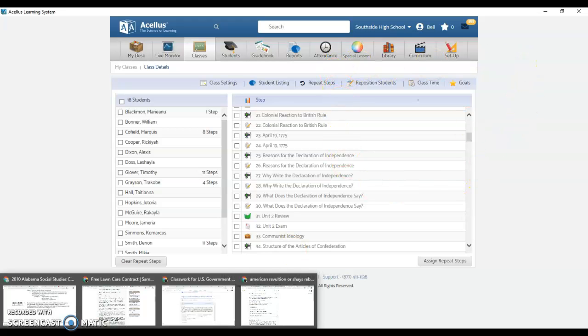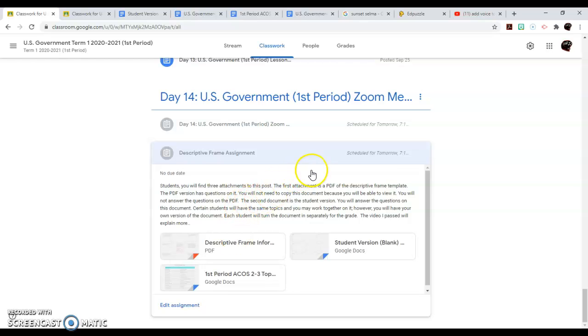And you will also see in Google Classroom that the assignment for the descriptive frames also have points assigned to them. There is no makeup work when I am not here. If you are absent, you have the ability to do this assignment because it was not in Zoom. You have instructions. And again, if you fail to do the assignment, you will receive a grade of a 0. There are no ifs, ands, and buts about it.